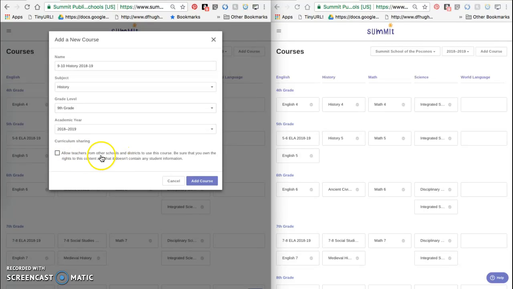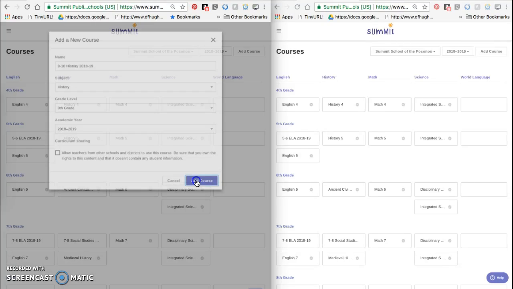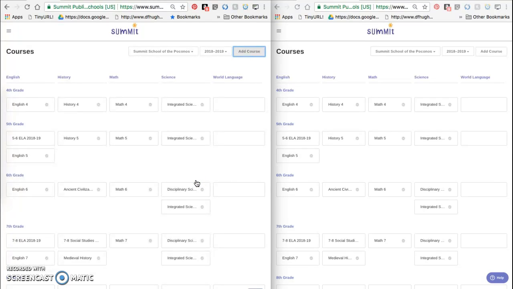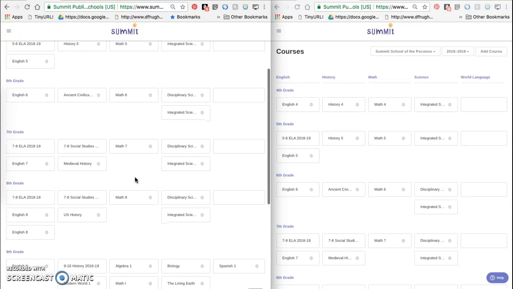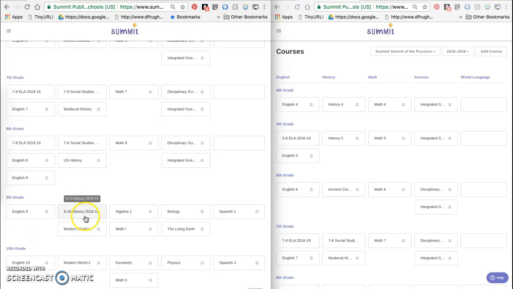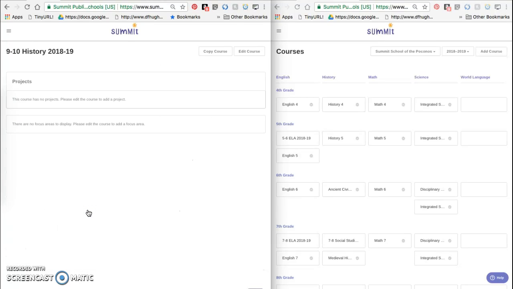I'm not right now going to allow other schools and districts to use this course because I just want to see how it goes for us in Summit School first. Click Add Course. And then if we go down to 9th grade, we see the course is now showing up in my courses page. Then I would click on it, and then I would start adding projects from the base